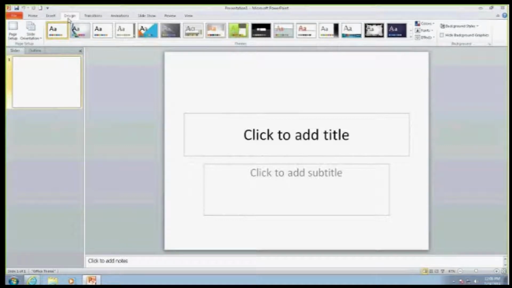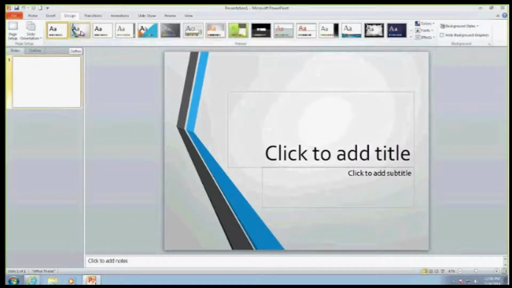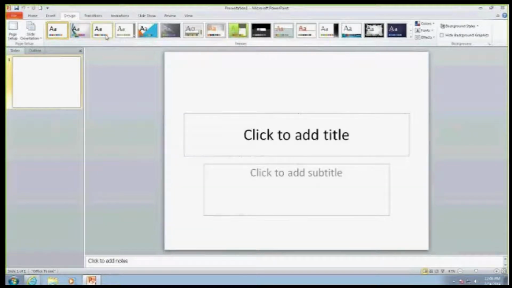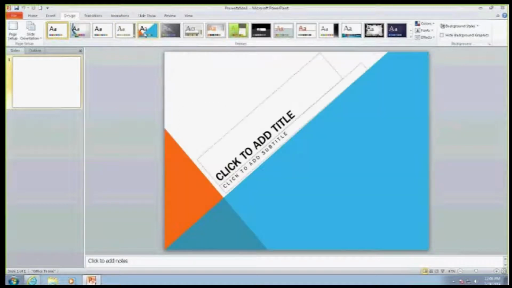Just a quick thing on themes. Themes allow you to make your presentation look professional without doing very much work. So these themes have been designed by artists and professionals. So feel free to make use of them. You can modify them as well. I've got one here that's not your standard theme, but I thought it would be helpful to use it for this class. Some of the other themes, as you hover your pointer over them,